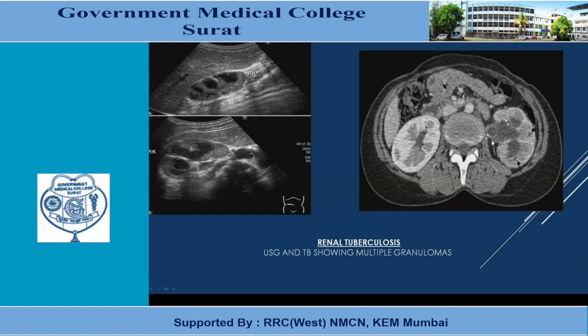Similarly, if the patient has renal tuberculosis, the picture looks somewhat like this. This is the right kidney, showing a normal renal minor calyx, major calyx, and renal pelvis. On the left side, you can see a dilated minor and major calyx and renal pelvis with a few internal hyperdense echoes, and a few microscopic lesions are noted in the renal parenchyma, suggestive of renal tuberculosis.